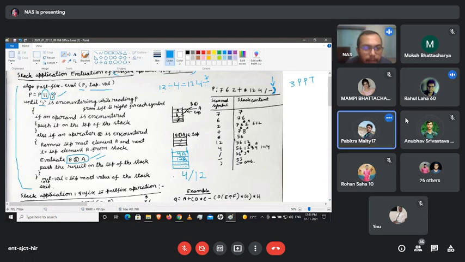Yes, sir. Okay, then after that we perform push the result. So if we are performing 12 by 4, obviously these two got popped out from there, and at this position the result 3 will be inserted. So push the result on the top of the stack. After performing the operation, the result is pushed back into the stack.